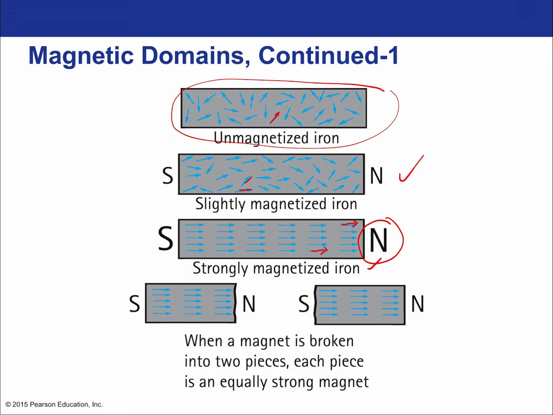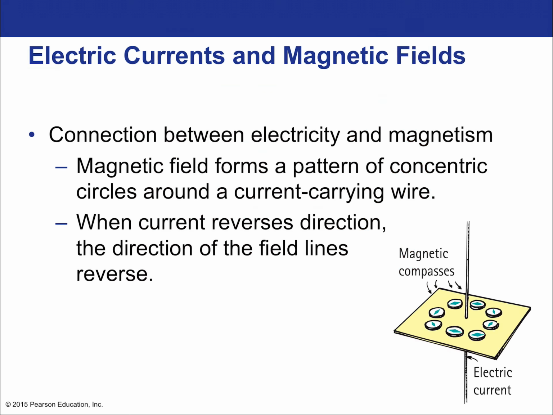If you then cut that magnet in half, what you're going to get is two smaller magnets. You're not just going to get a south pole and a north pole by itself, not at all. Of course, that's the case. That makes sense because this is happening at this microscopic scale of 10 to the negative 10, maybe 10 to the negative 9 meters. If the individual atoms are 10 to the negative 10, then we're talking a very, very small scale, nanometers or smaller. Okay, so, connection between electricity and magnetism.